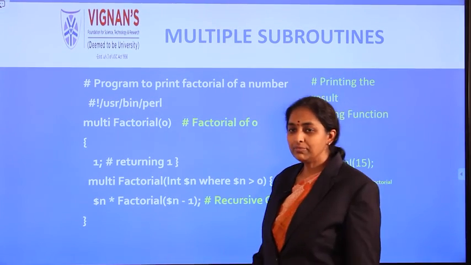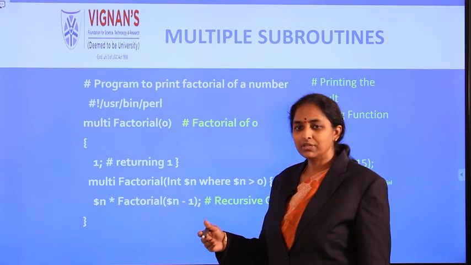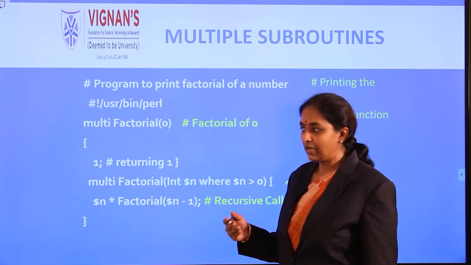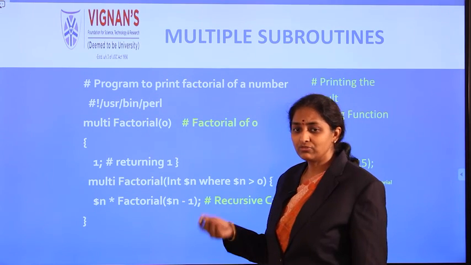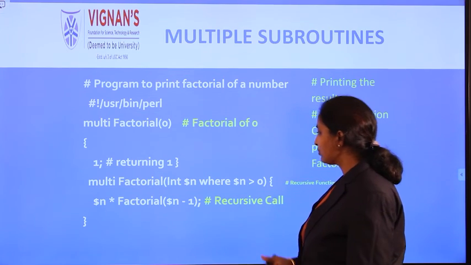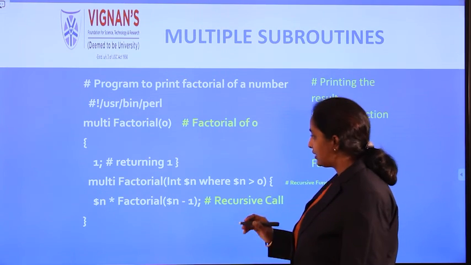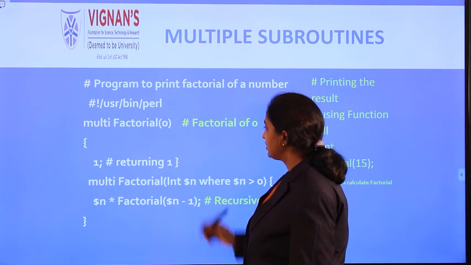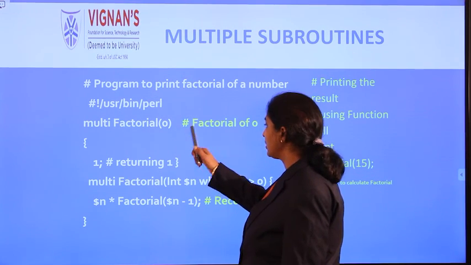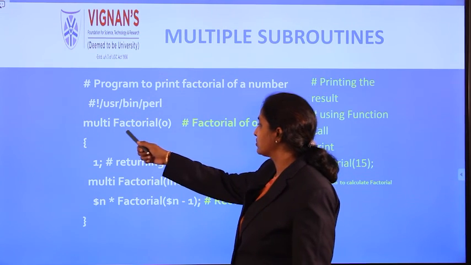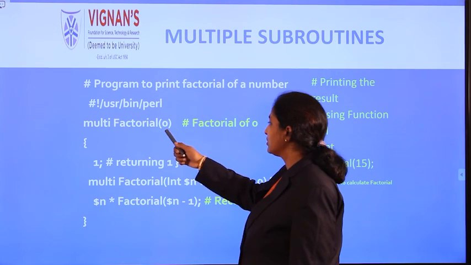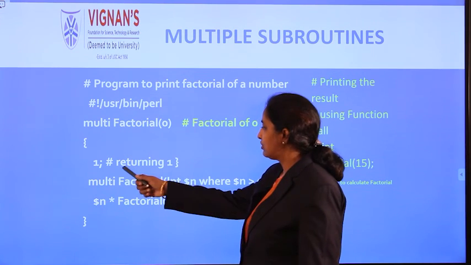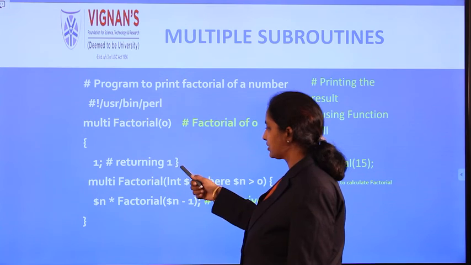So simply, if n is equal to 1, then n minus 1 is equal to 1, or otherwise n is equal to n plus 1. Like that you can initialize the variable with the integer. So here we are doing the multiple factorial. This is the function name. First we are passing the parameter as 0. Factorial of 0 is equal to 1, so that is the reason it is returning 1.